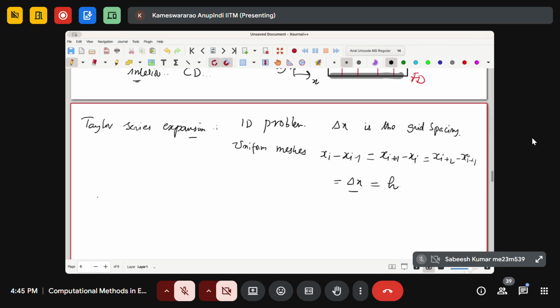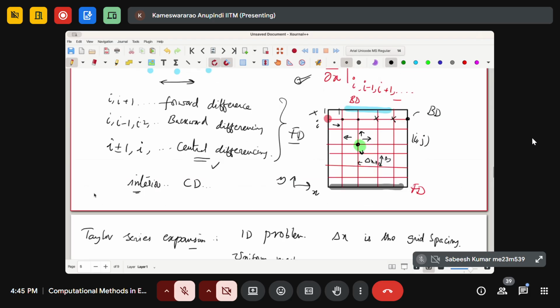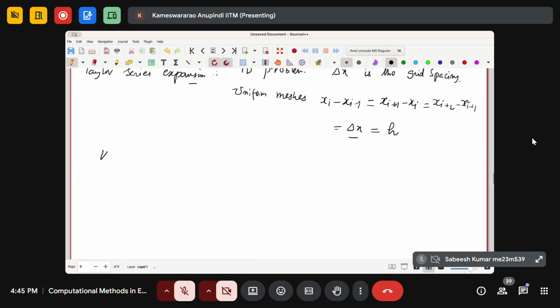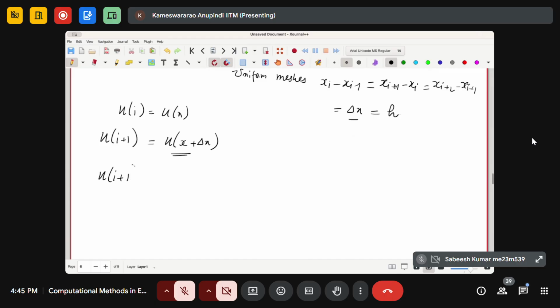Then I can also denote what is my u value at i plus 1 as u of i plus 1. I can also write this as u of x plus delta x. If my u of i has a value of u of x, this is u of x plus delta x. That's what I'm trying to write. That means I can express u sub i plus 1 about u sub i. So I want to write u sub i plus 1, which I'm writing in a slightly different way. Instead of using parentheses, I'm writing u sub i plus 1 equals u sub i plus,